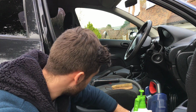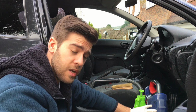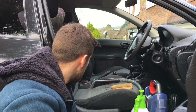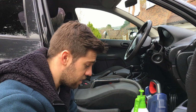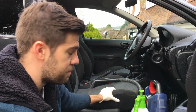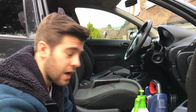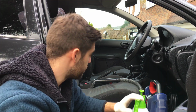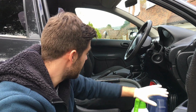The tools that I'm using here, I've got a pump sprayer with all-purpose cleaner in it, diluted down to what I feel fits this particular product and the cleaning method I'm doing. I've got a nice bristle brush, nice and soft, it's not too harsh so it won't pull up any of the fibres on the chair, but aggressive enough to clean any dirt on the surface, and obviously the product itself will clean deeper in and be extracted out, leading me on to my final product, which is this